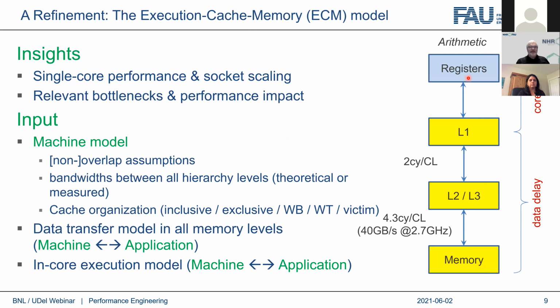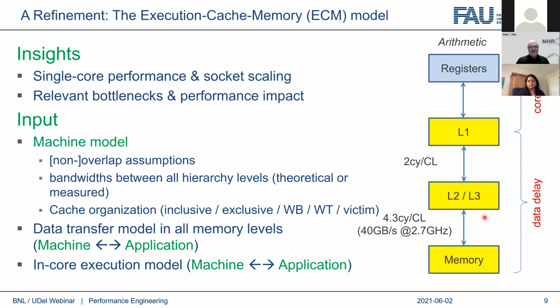It considers all the time components it takes to, for example, transfer the data from memory to the cache hierarchy, within the cache hierarchy, and also the time it takes to crunch the data once it has arrived at L1, so that all the data comes from L1. Then I can do my work in the registers, and this also takes time. And of course, the number of time components can become quite large, 3, 4, 5, 6, 7, depending on what I'm looking at. And the overlap function, or this function f that determines how they're plugged together, could be quite complicated. And of course, in order to find out how much time each of these things take, I also